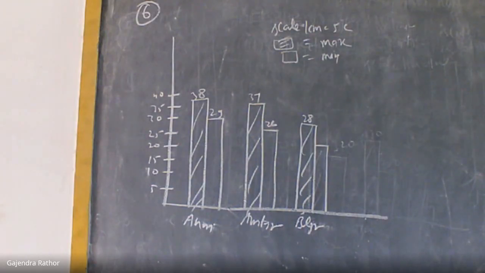Puneet, we need to find the city where the least difference between maximum and minimum temperature. जहां पर जो जिस सिटी के मैक्सिमम मिनिमम टेम्परेचर में बहुत कम डिफरेंस है वो सिटी हमें फाइंड करना है. Okay, so only Mumbai where the maximum is 32 while minimum is 27. So difference is the least, 5 degrees Celsius. This is the least. You can also find the difference between each cities.